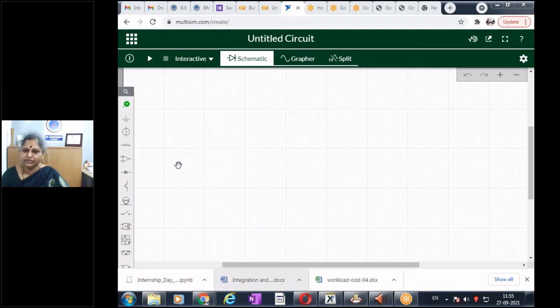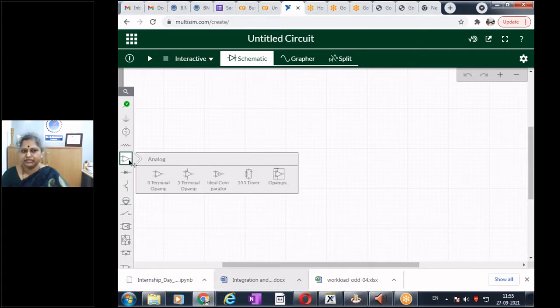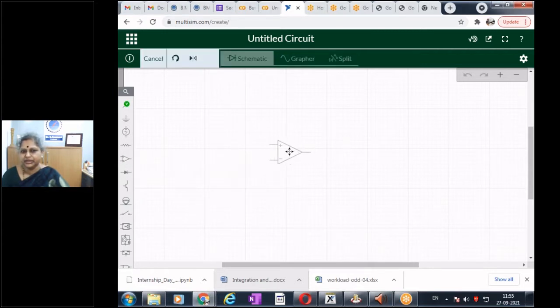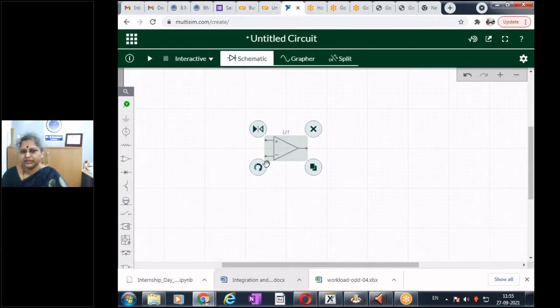Find the first order low pass filter with the cutoff of 1 kilohertz and a gain of 3. So that is what we are going to do. So it's an op-amp filter. So now we have an active filter. So the Butterworth filter. So let's take it, pull it, and let's place it.